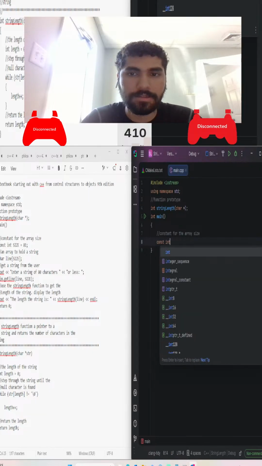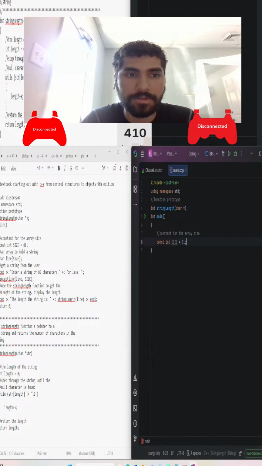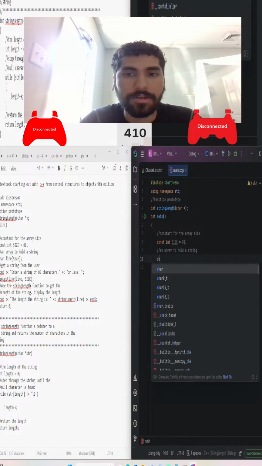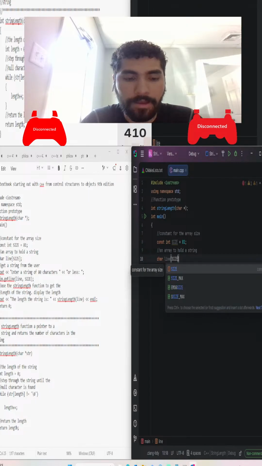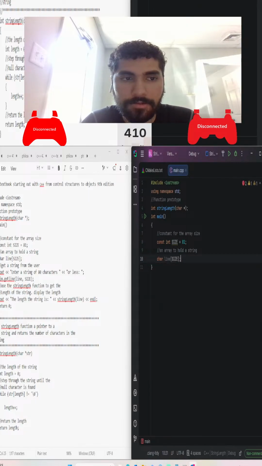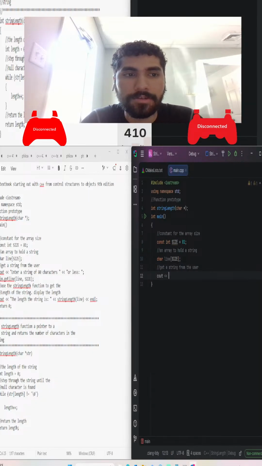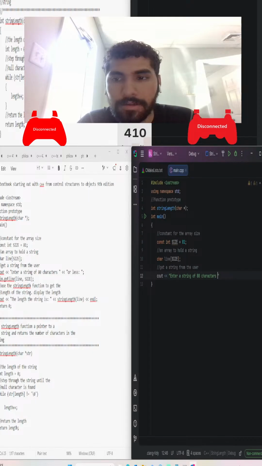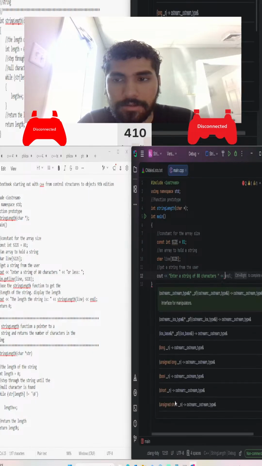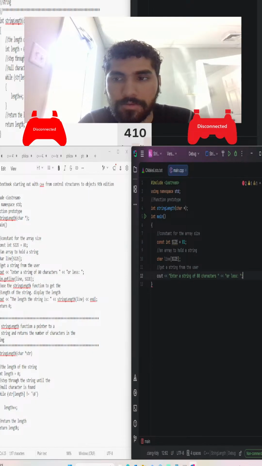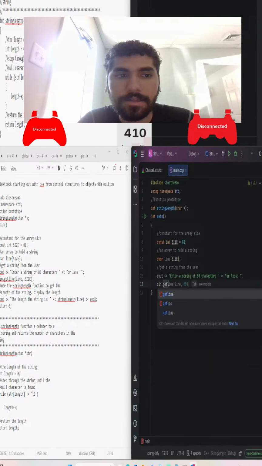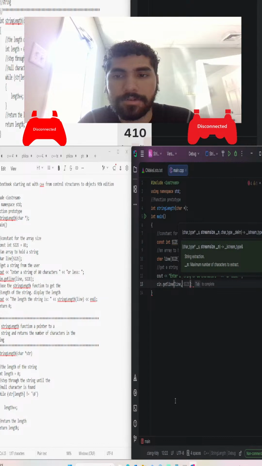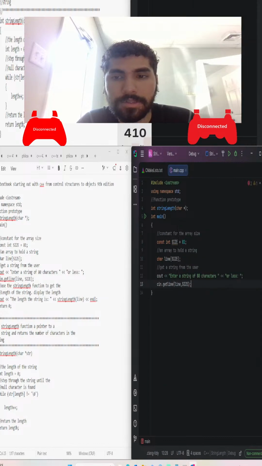const int SIZE = 81; a comment, an array to hold a string, char line[SIZE]; a comment, get a string from the user. cout << "Enter a string of 80 characters or less: "; cin.getline(line, SIZE);